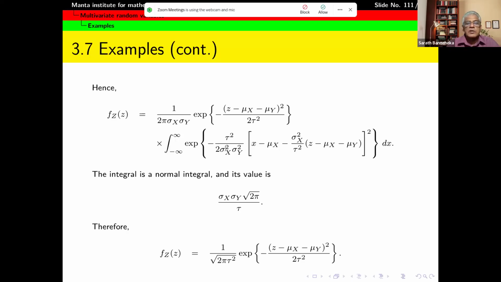Now, actually we can see that this has the form of a density function of a certain normal distribution, right? With some sigma and some mu. For example, here you have x minus some quantity. It's like x minus mu divided by some other quantity. So you can say this is divided by this quantity, divided by sigma square, right? One over 2 is also there, with the negative sign. Yeah, so this part is like a